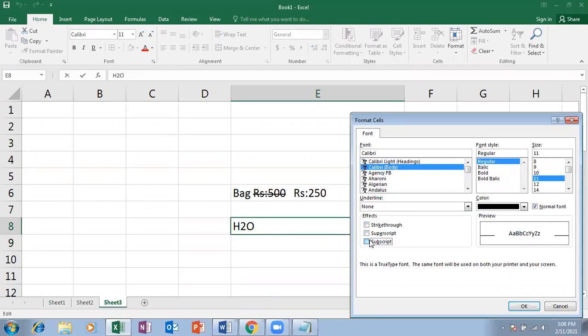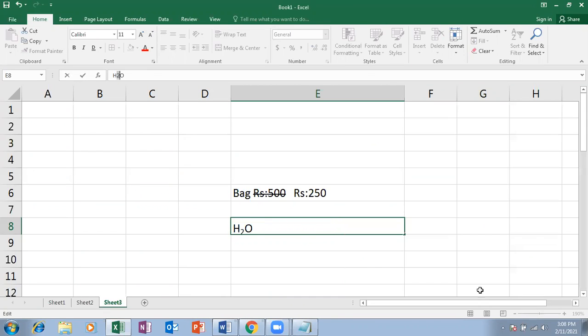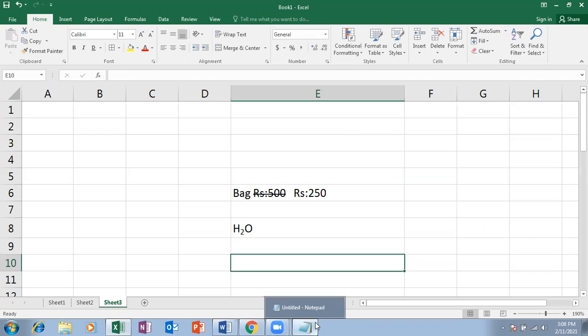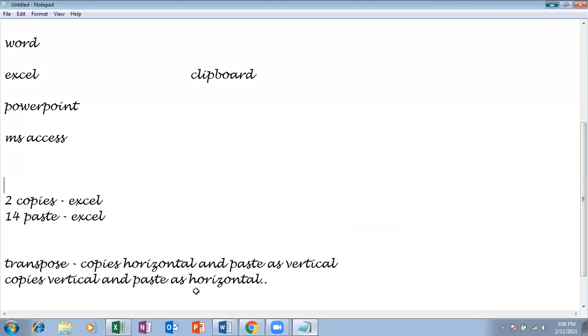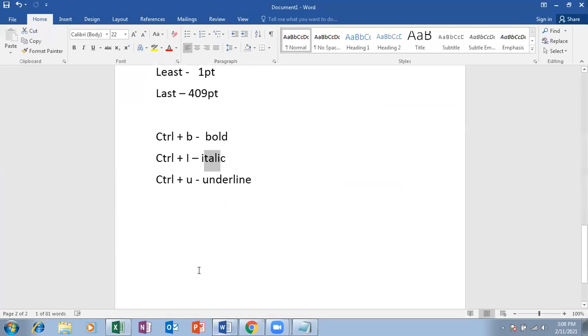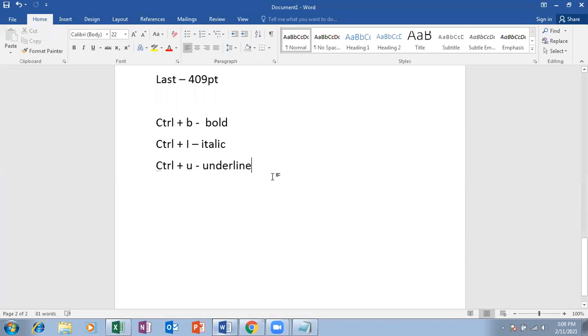Select subscript. Sub means B. B stands for below base. Here. So subscript is nothing but below base.